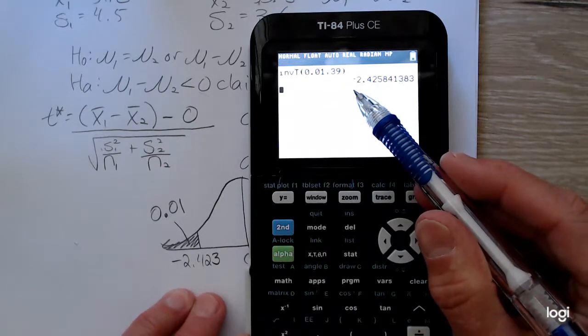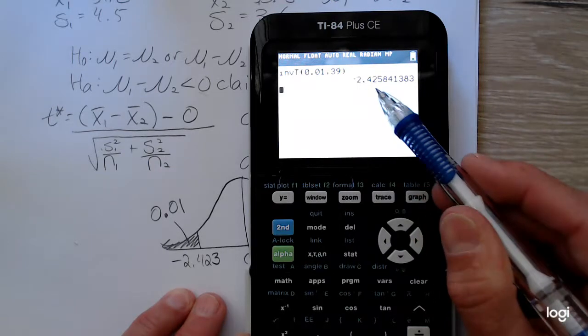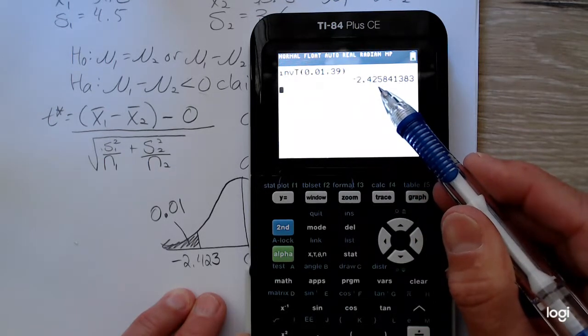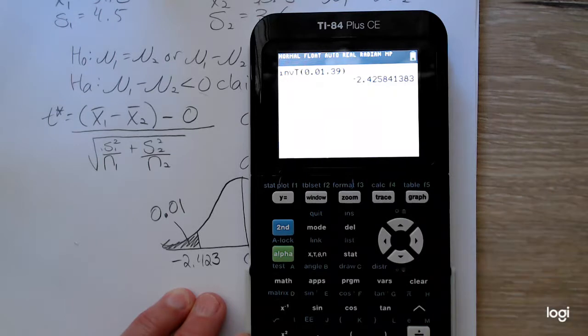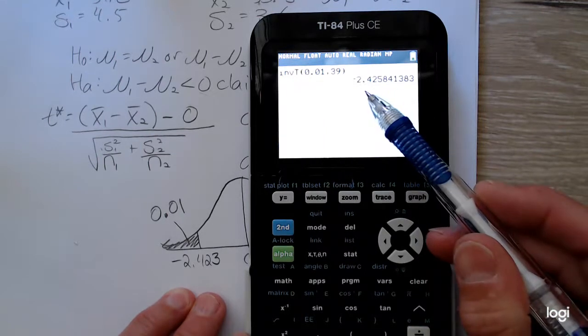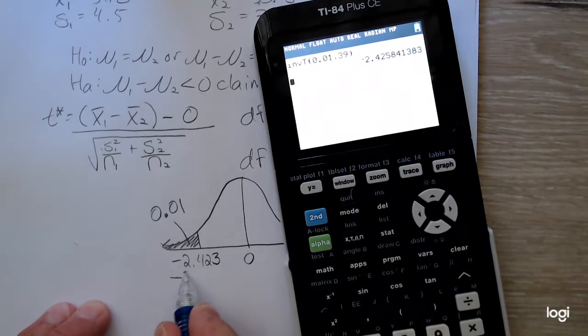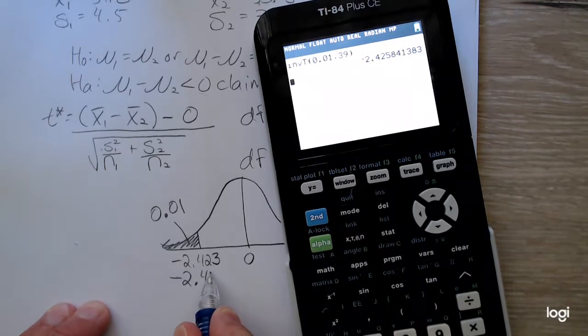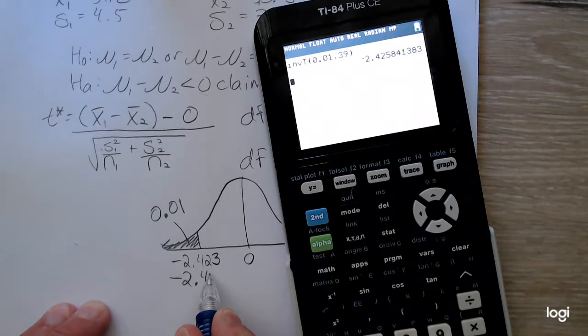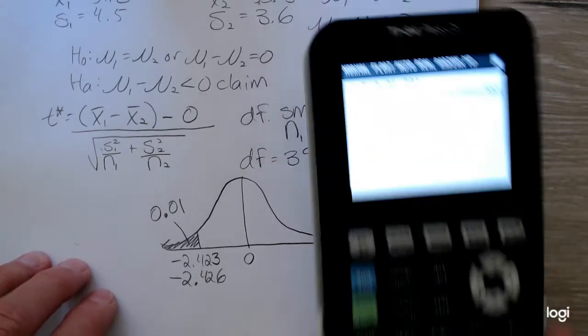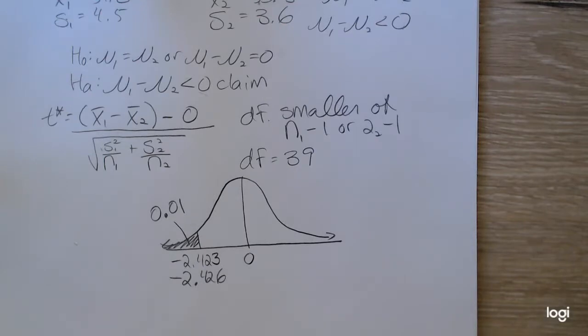So it's a little bit different. The thousandth place is off. Okay, but if we were rounding to 2 decimal places, it would be the same. So using the TI-84, inverse t, this critical value is negative 2.426. Okay, so very close. It's really not going to make a big difference in our decision of whether to reject or fail to